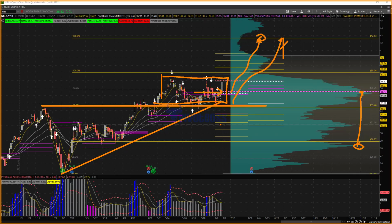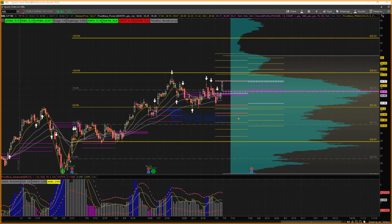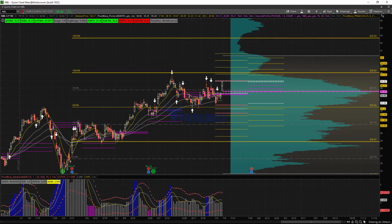So again, this one building energy. This one made it on the list because of the inside value relationship. That's usually a very powerful forecaster of expansion. You know, it could really move to the upside, and perhaps today's already day 1. So that's one to keep an eye on. Another one,